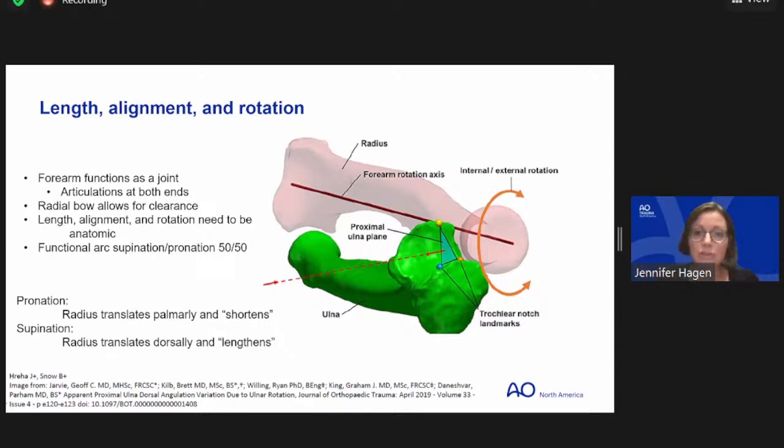And something that I found when I was making this talk, which I don't really think about, the hand guys probably do more than I do, but it's an important thing. An important point is not only does the radius rotate around the ulna, as it rotates and translates, it shortens and lengthens relative to the ulna. So your visualization of the DRUJ on x-ray will change depending on the rotation of the forearm. So it's really important to know what position the arm is in when you're trying to assess your DRUJ, not just with the clinical shuck test.